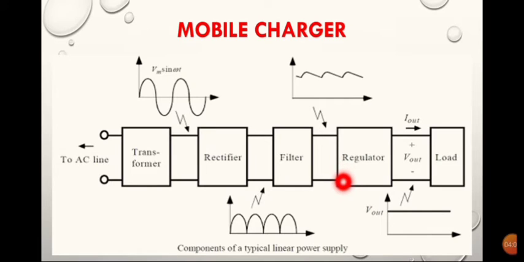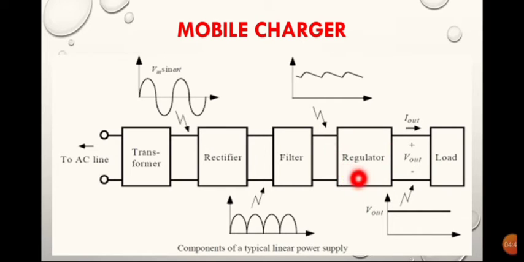Because suppose your mobile battery receives the voltage in fluctuating form, for example 1, 2, 3, 4, 5, which means the voltage is increasing from 1 to 5 continuously. Does your mobile get charged? No. So to get the constant voltage, we have to use a regulator. Regulator means the device which provides you a constant flow. For example, a fan regulator provides us constant speed. A gas regulator provides us constant gas.